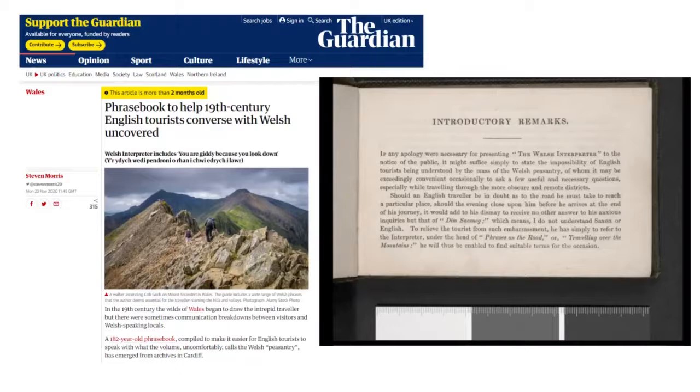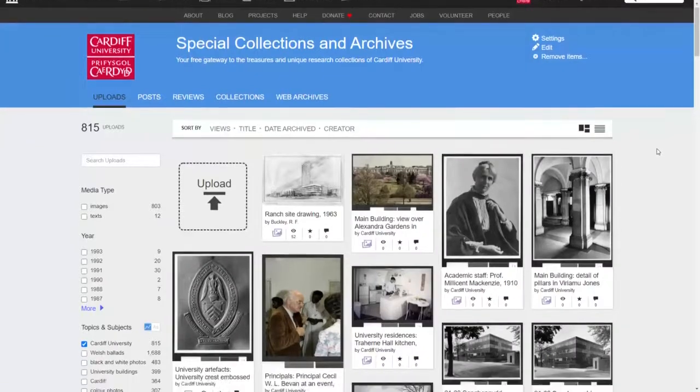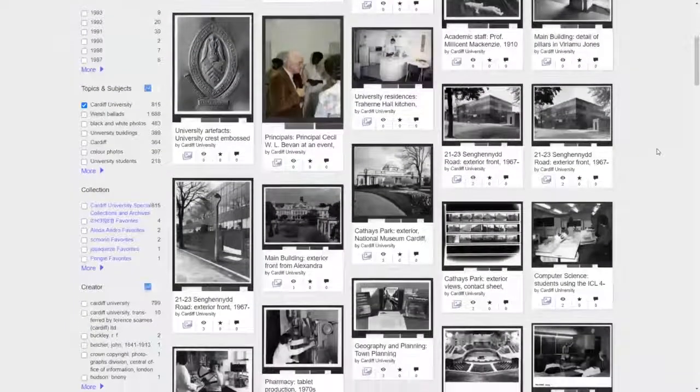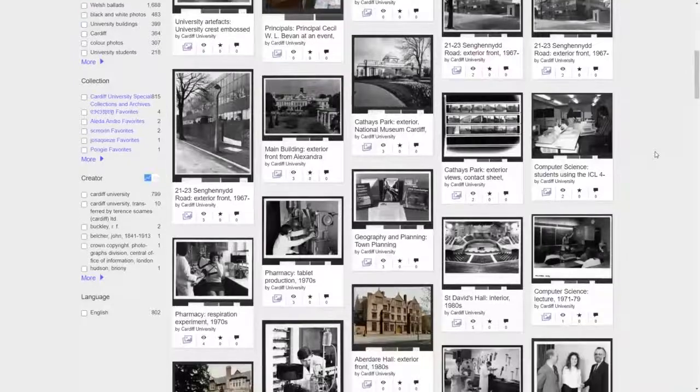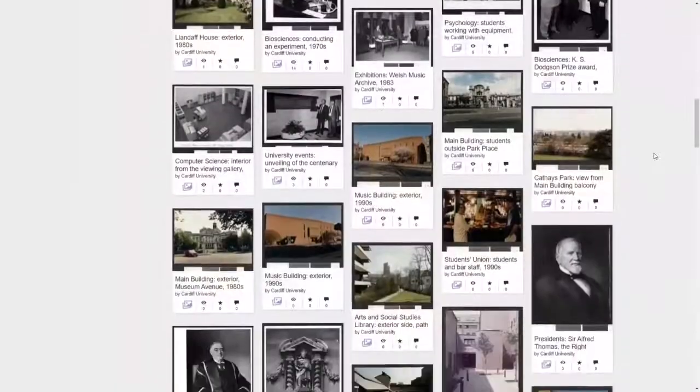We don't need to call on IT teams to ingest new content because our staff can do this directly. This allows us to respond very quickly to time-sensitive media inquiries, and if necessary, we can make new content live within the hour to support features on our collections. As well as improving collection exposure via the media, we've been able to raise our profile internally, supporting the work of our colleagues in alumni and marketing by providing a vast, searchable, filterable image bank for their use.